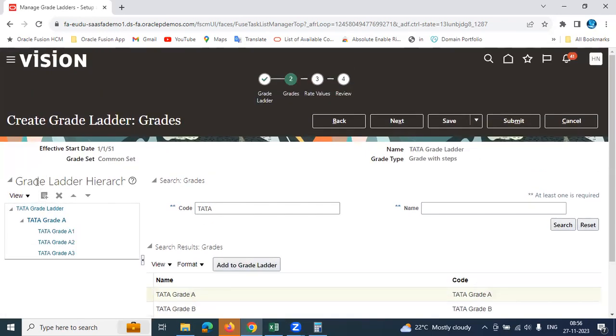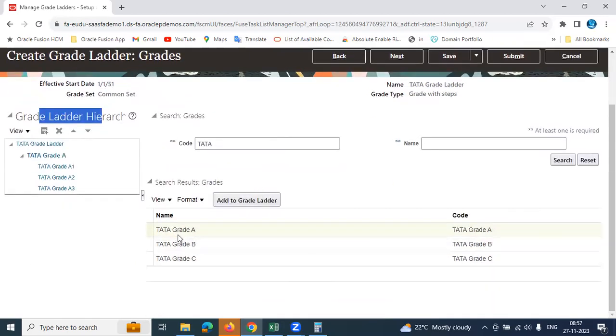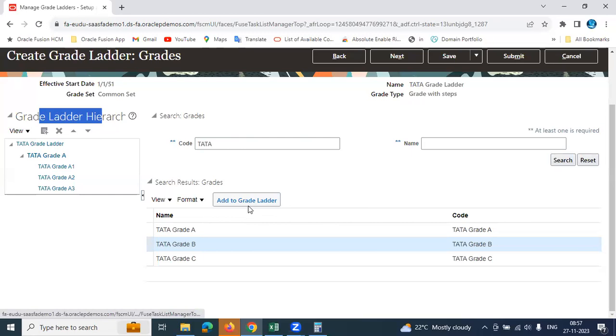On the left hand side, if you observe, the ladder starts building up, team. See, first grade is grade A. Then under that, team, I have grade B. Now select grade B and click on add to grade ladder, team. Now what happens? The system will ask where you want to place this grade B, above A or under A. Now see, team,